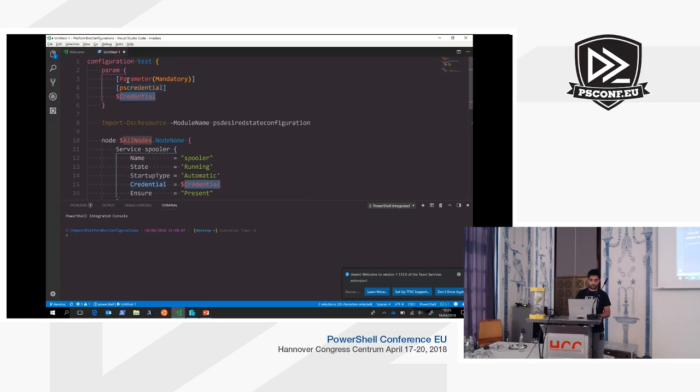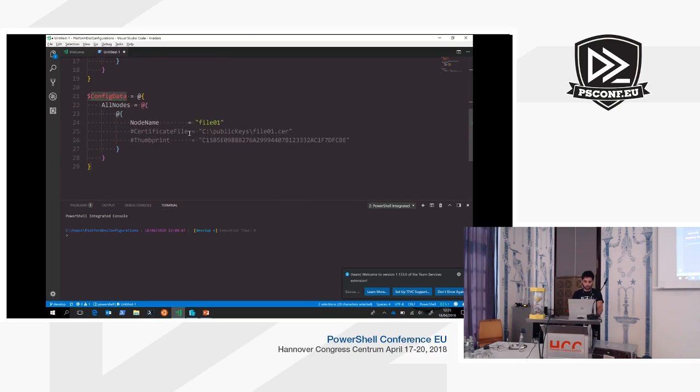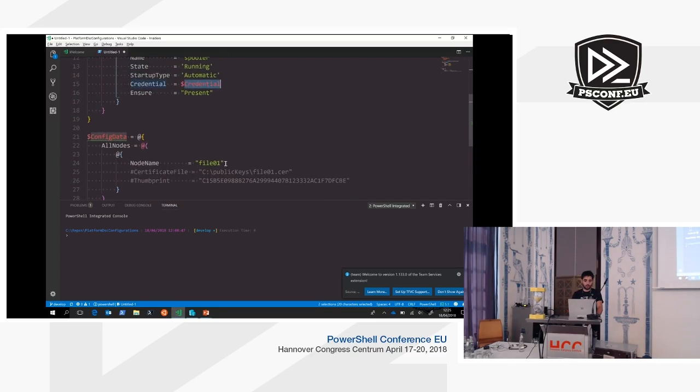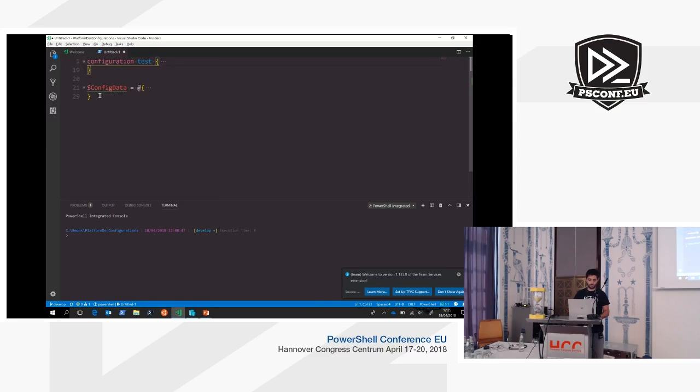So very simple configuration. I'm going to pass a credential, and I just want to start the spooler service under this credential. I've got some config data here. Ignore the commented out part for now. I'm just going to create it on FileServer01. And if I run this configuration, or if I compile this configuration, sorry,